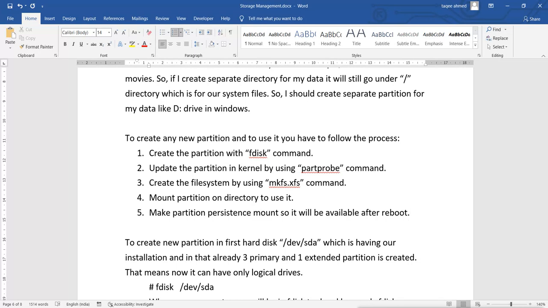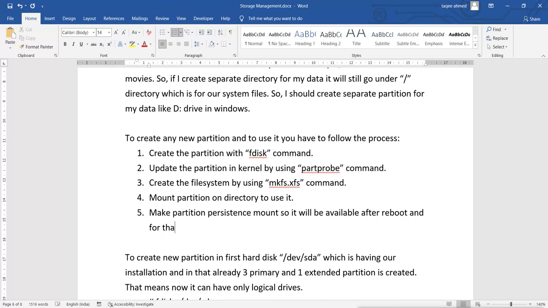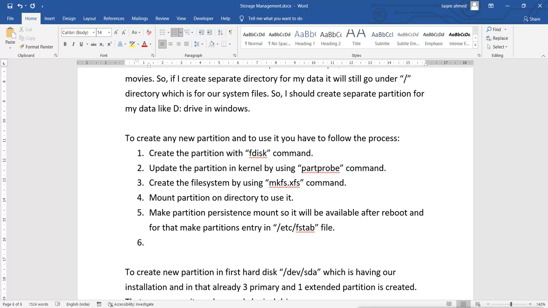And for that, make the partition's entry in the /etc/fstab file. So after that, make an entry there in the fstab file, and then the important thing is to